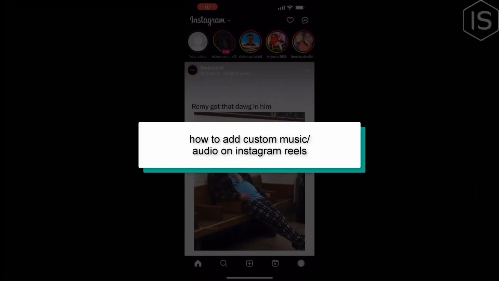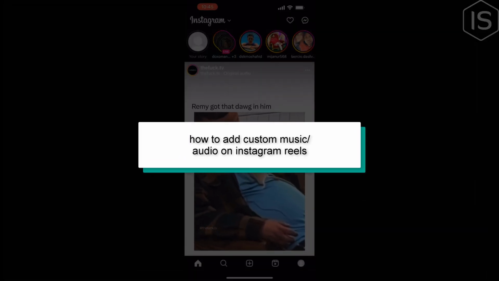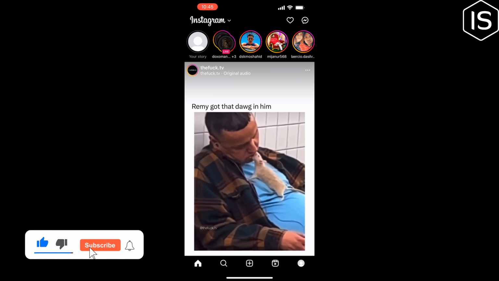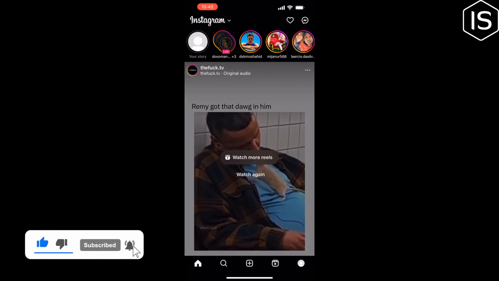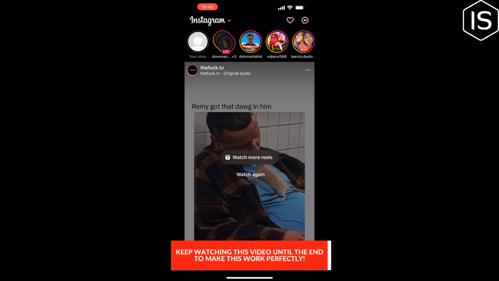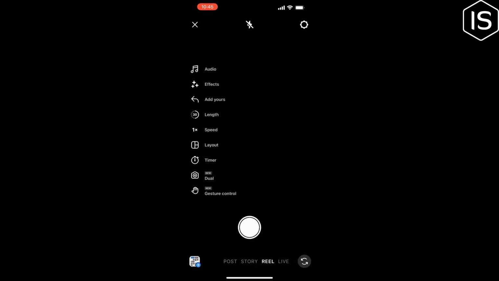This Initial Solution video will show you, can you add custom music or custom audio on your Instagram Reels? Yes, you can record a reel with your own audio and mix it with music or original audio by another Reels creator. So first of all, open your Instagram app and tap on this plus icon, select Reel, and you